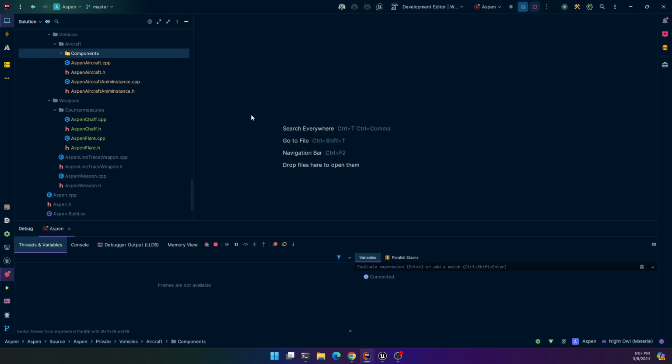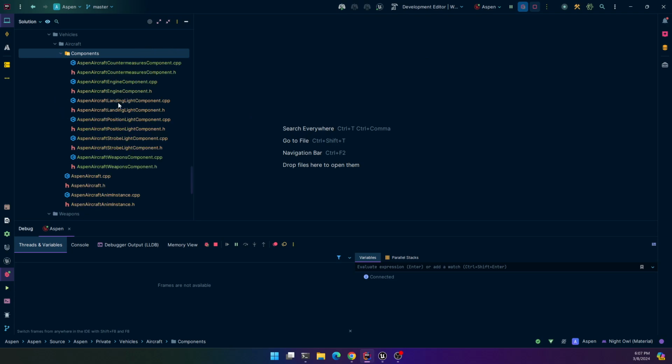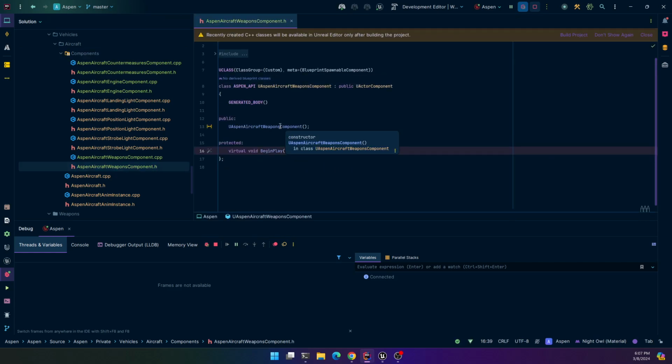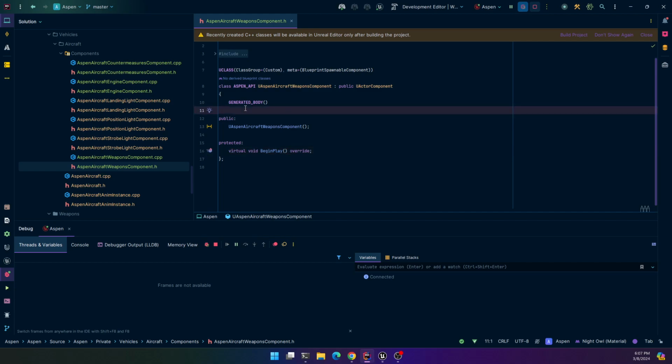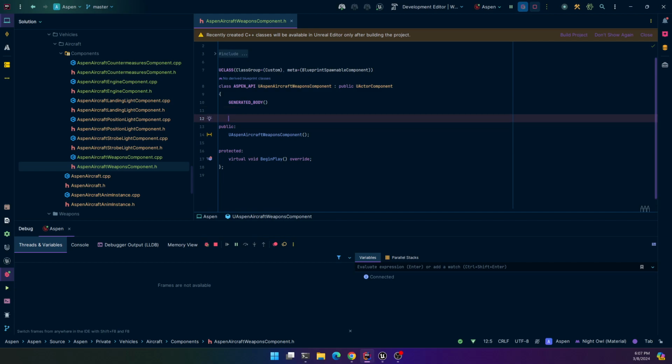You can spawn as a soldier or as an aircraft, and if you spawn as an aircraft, you need to get another screen that lets you choose which weapons are going to go on which pylons. So that's going to be a lot of work. Maybe though I should just go ahead and start building out something very simple here. So I know I'm going to have a Niagara system for the cannon. So first of all, let's do